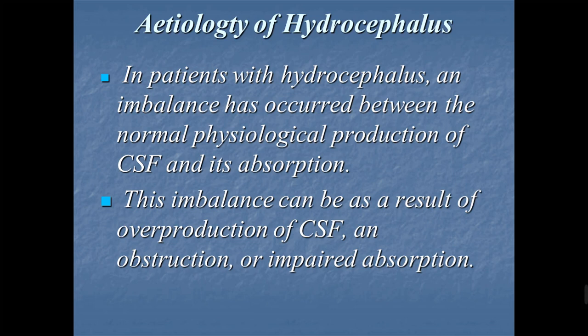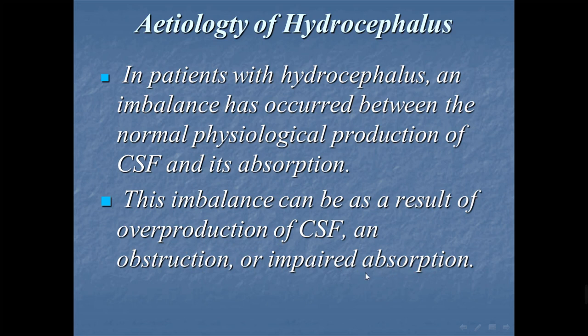This imbalance can be a result of either overproduction of CSF, for example, a tumor in the forming site, I mean the site of formation of CSF, which is the choroid plexus, or obstruction of the flow of CSF, or impaired absorption at the absorption site, which are